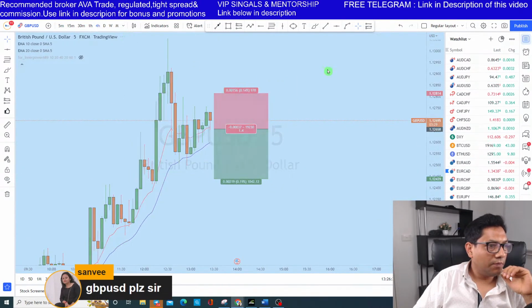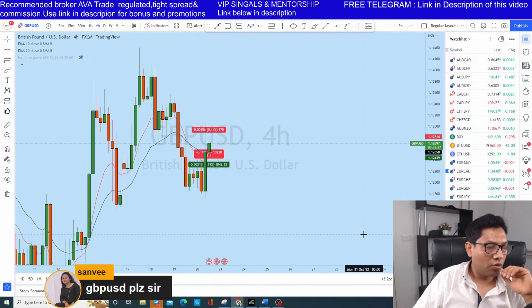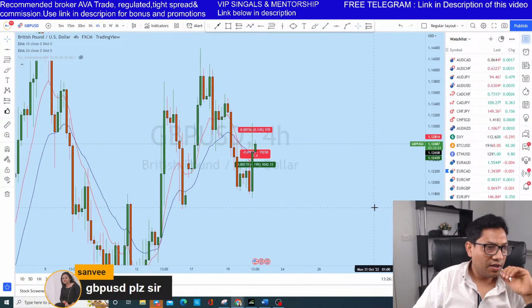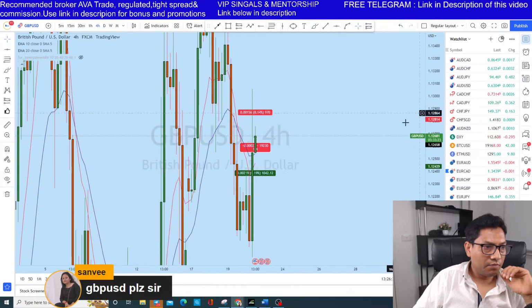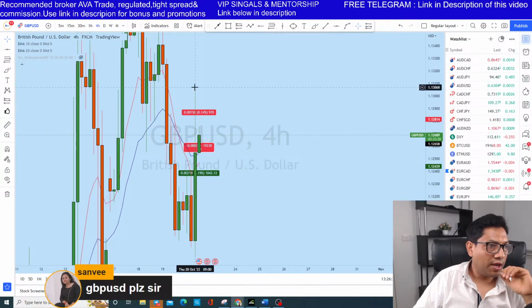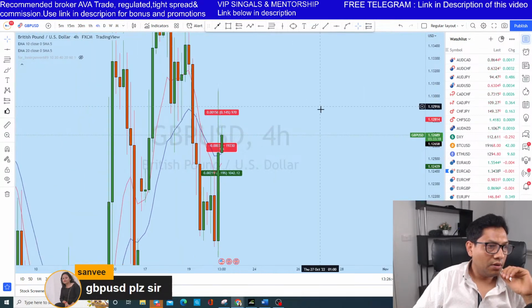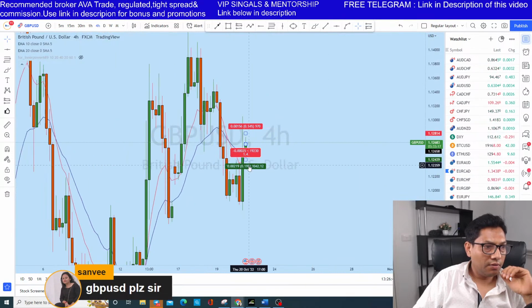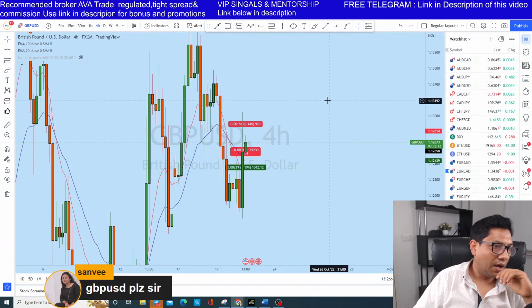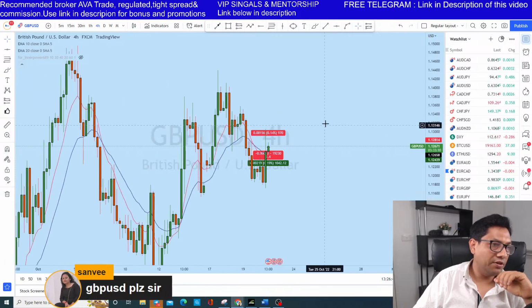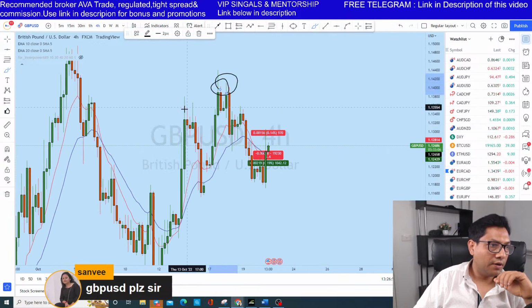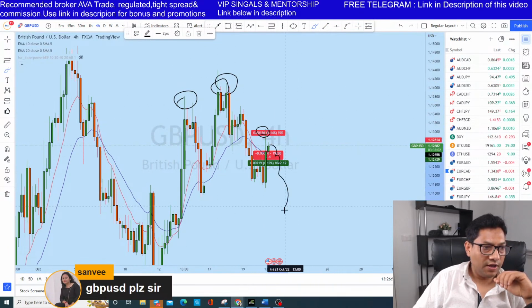So on the bigger picture, okay, on the 4-hour perspective, we see that in fact on GBPUSD, you see that this long wick candle, this is a news candle. Okay, now for me, long term perspective, I would say that GBPUSD is still bearish, and I think that this is just a completion of a head and shoulder here. Okay, but I think that finally this price will come back down,